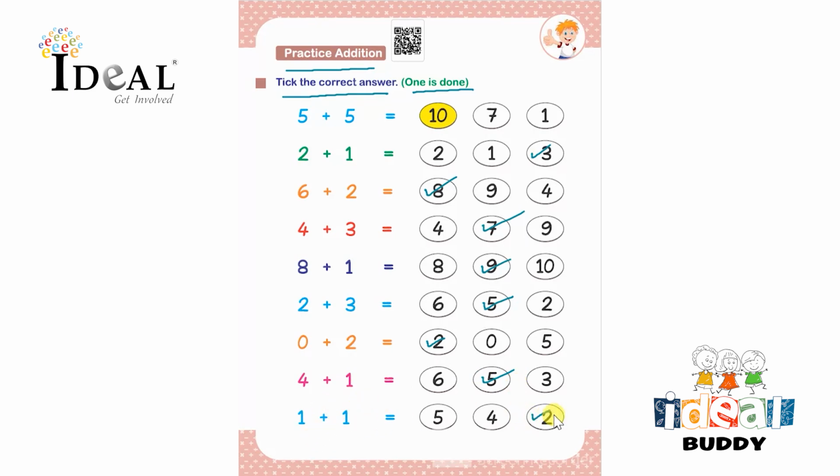So over here, you can use some concrete objects or manipulatives like counters, ice cream sticks or straw pipes for letting the child visualize the addition statements that are given over here, and you can also let them count the numbers on their fingertips so that it becomes a pattern and it will be easier for them for doing the further addition.